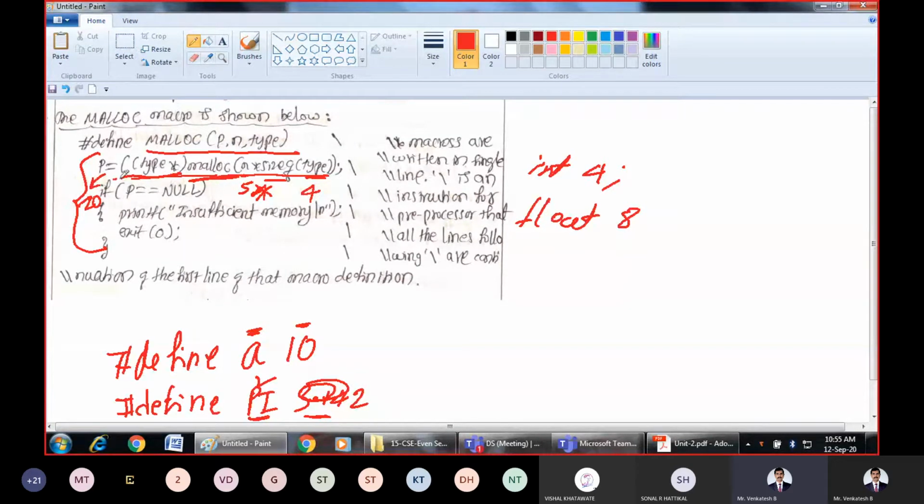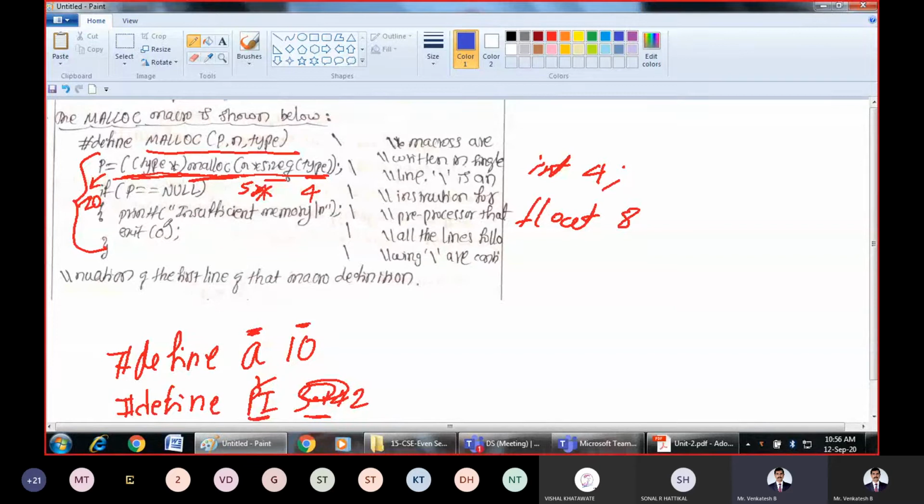Now, whenever you execute this, there are two possibilities. Either the memory will be allocated successfully or the memory allocation may fail. Memory allocation will fail when the memory is full. You must have observed in your day-to-day life, whenever your mobile memory or system memory is becoming full, you will get a warning message saying that the memory is full. The same thing may happen with systems also.